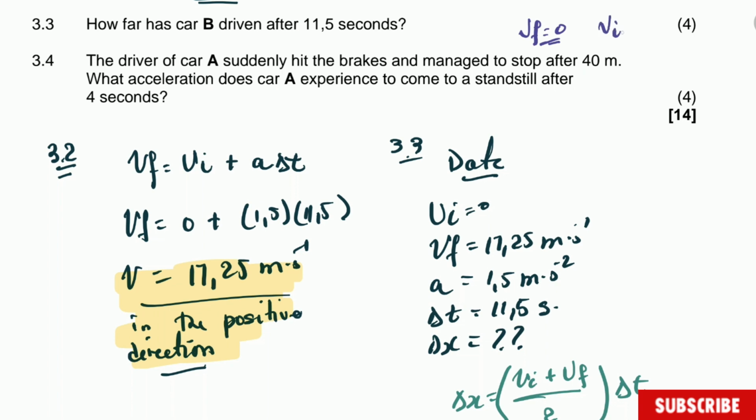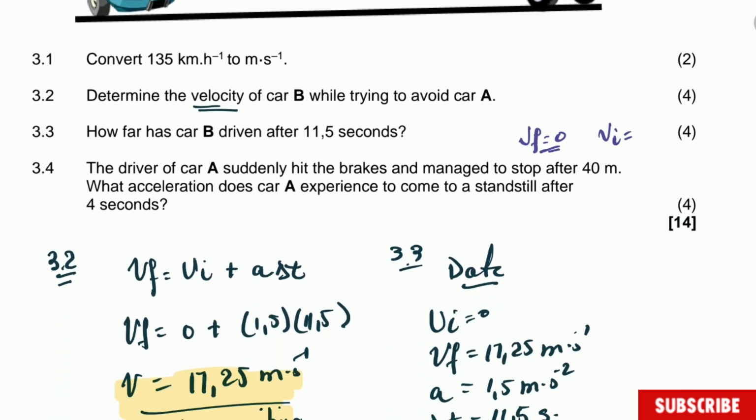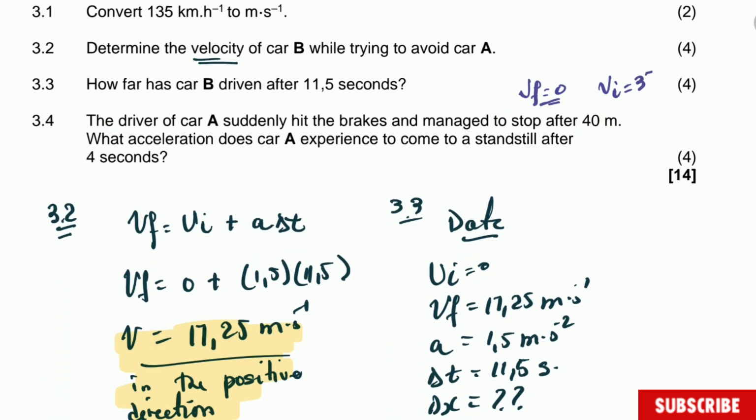So the initial velocity for car A was equal to 37,5. Let's write it here, because I want to discuss something with you. This car is going to stop after 40 meters. Now, they say that it takes 4 seconds to stop. However, when I did the calculations, there was something not right, because every time I did calculation with different formulas, I got different answers. So let's first of all calculate how long it will take for the car to stop